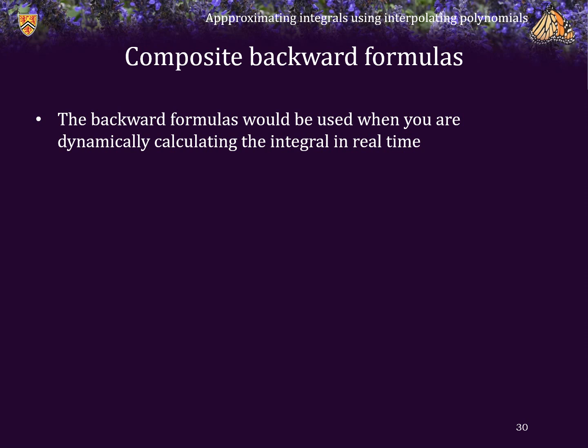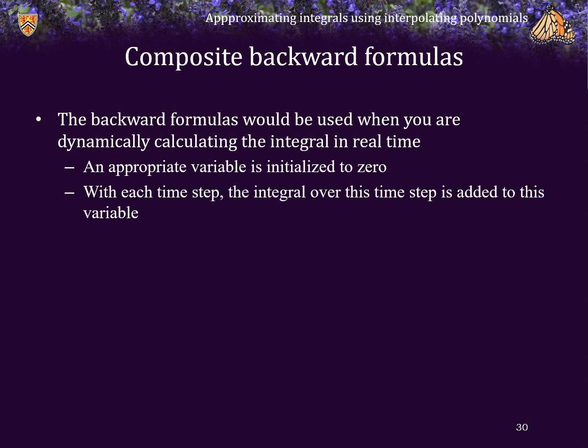So how would you implement this in an embedded system? Well, at time t equals 0, you have an appropriate variable that's initialized to 0. Then, with every single subsequent time step, you have a new value, and assuming you're storing a sufficient number of the previous values, you can then approximate the integral over this last time step. You can then add this approximation to the variable that we initialized. And you can use whichever formula you want, but in the end,